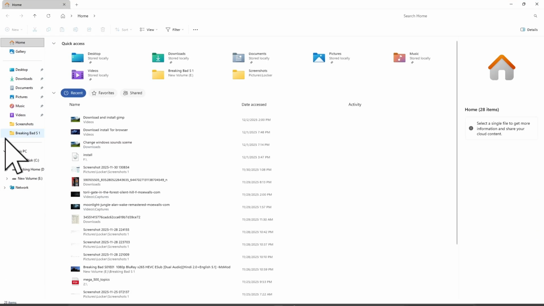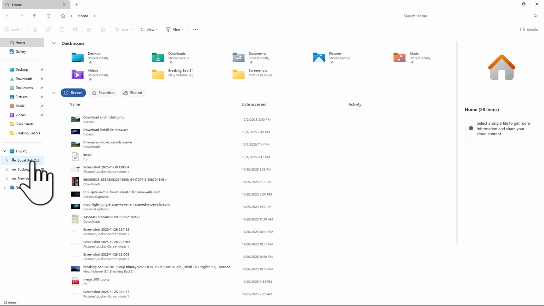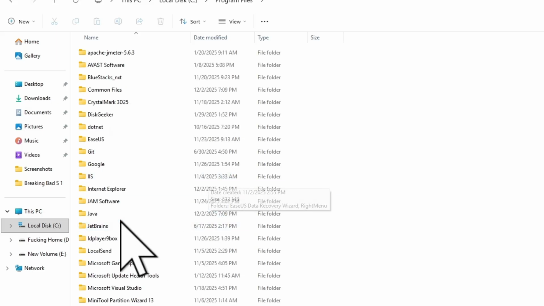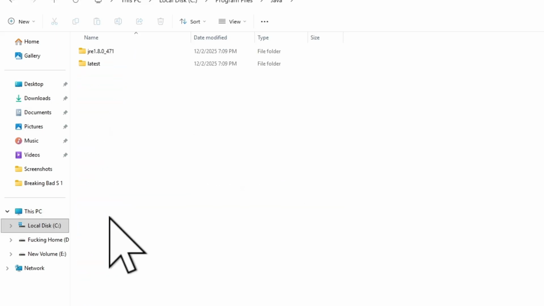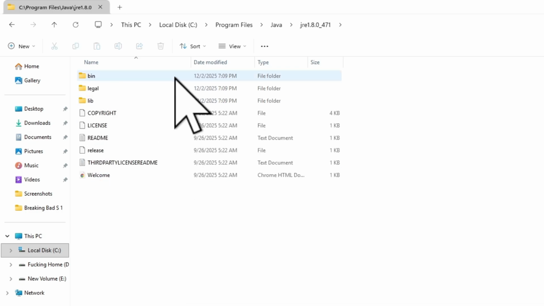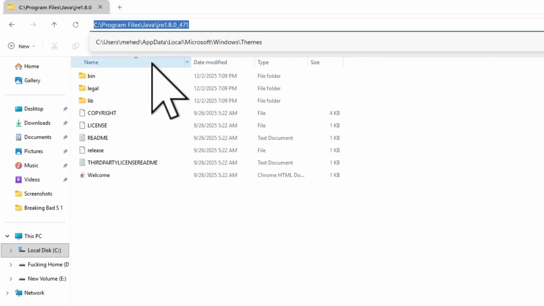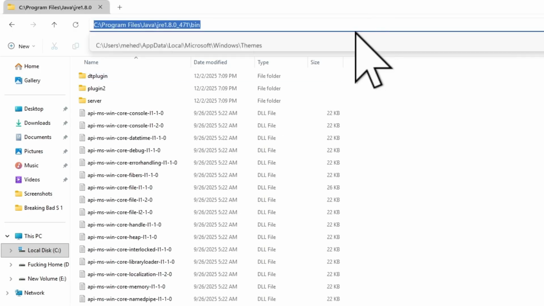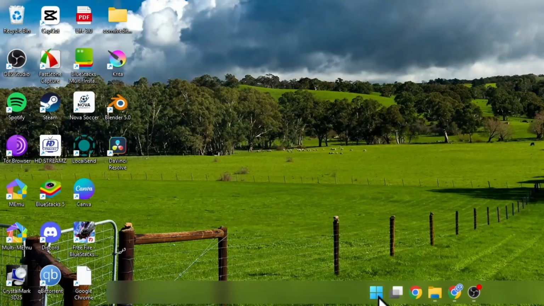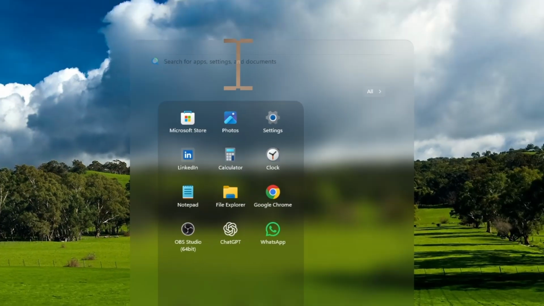what we have to do now is open the file explorer. Simply come over into the local C drive and open Program Files. After that you can simply find Java. Click on Java, and then click on the bin folder and simply copy this location. Then go to the start icon and search for